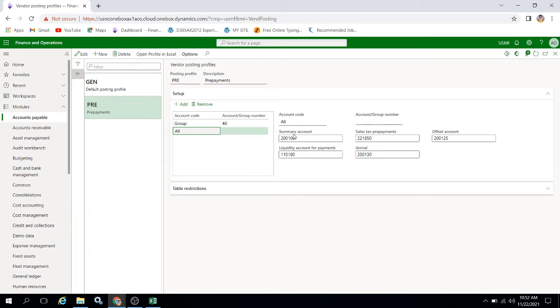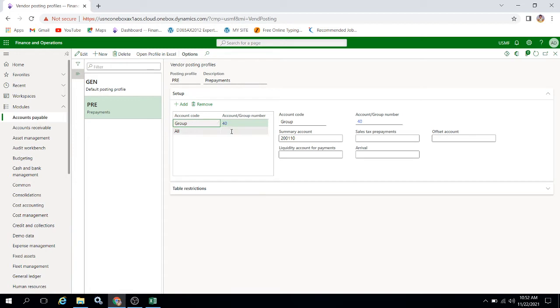If there is a requirement, then we can provide all the account numbers. If it is not required, no need to provide the sales tax prepayment, liquidity account for payment, arrival account, and the offset account.